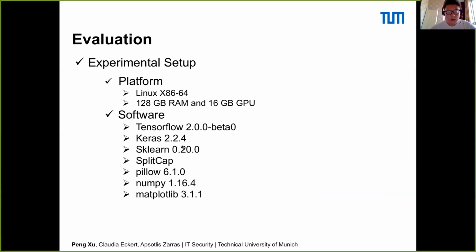Okay, after talking about our framework, let us move to the evaluation part. The first part of the evaluation is the experiment setup. Here we use TensorFlow and Keras as our machine learning framework, and we also use the split